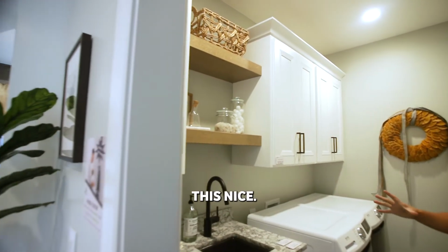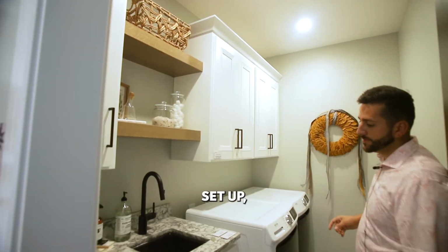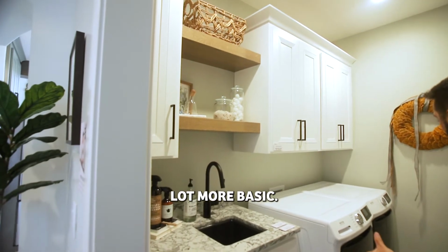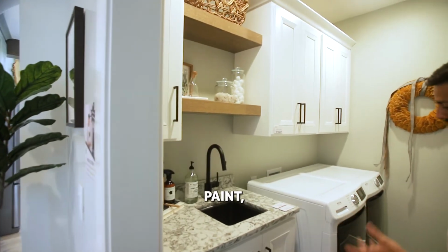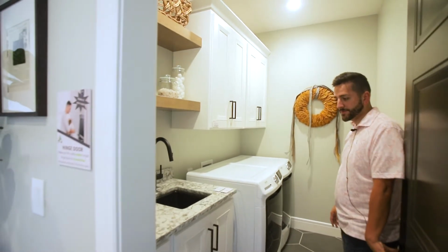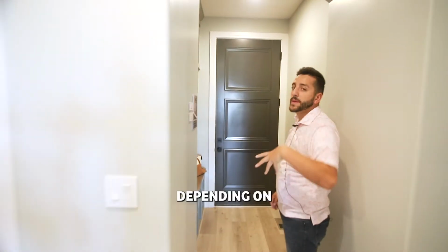They're typically not this nice, right, with the cabinets, with the floating shelves set up, with the sink set up. They're usually a lot more basic, but again, they also have the 3-tone paint and a little bit nicer tile in here. As we go through here, these archways that you see, it depends on the builder, but